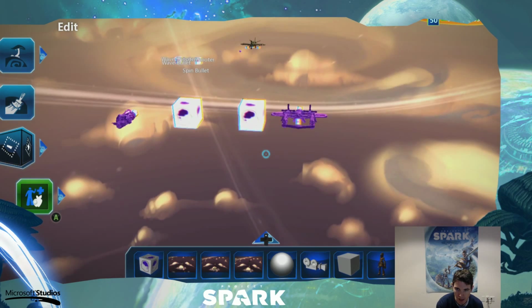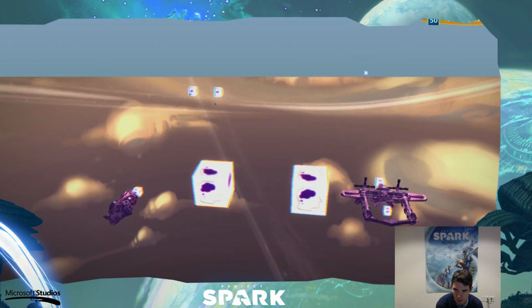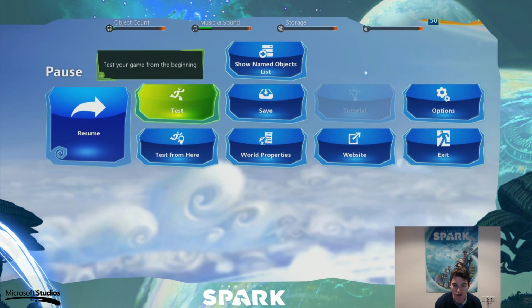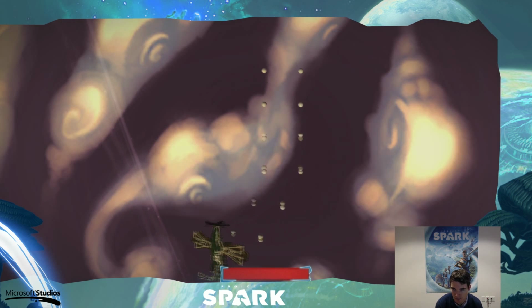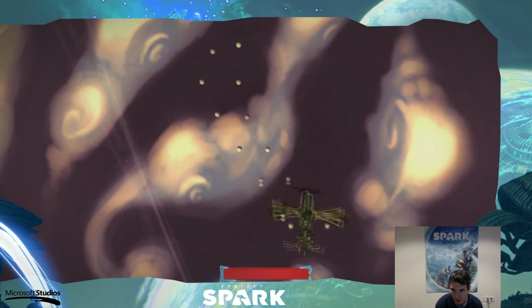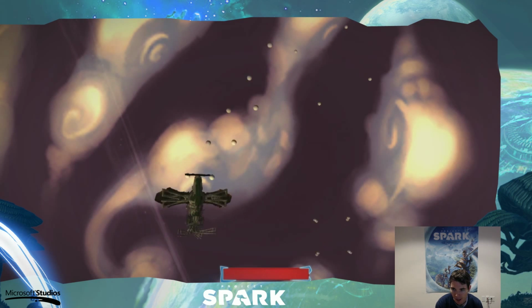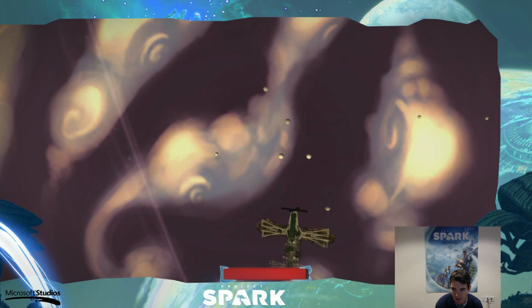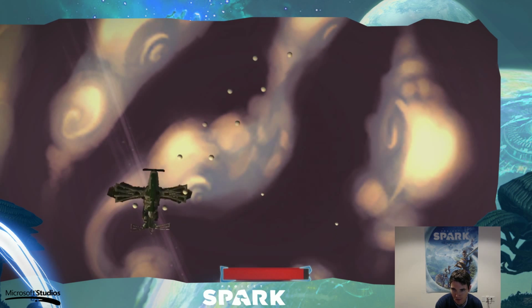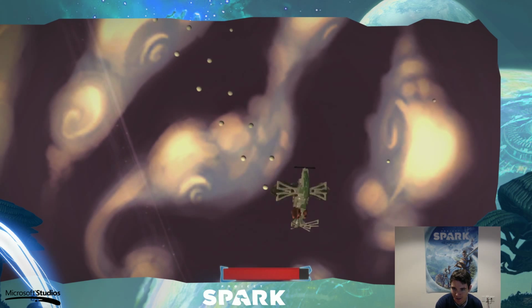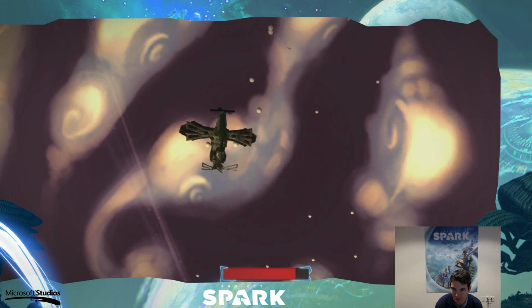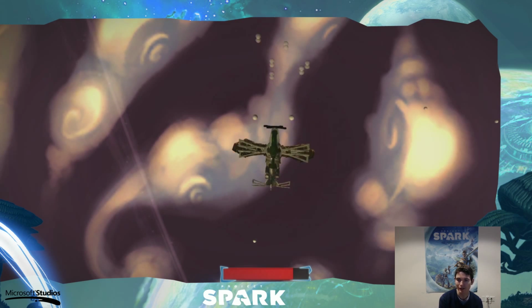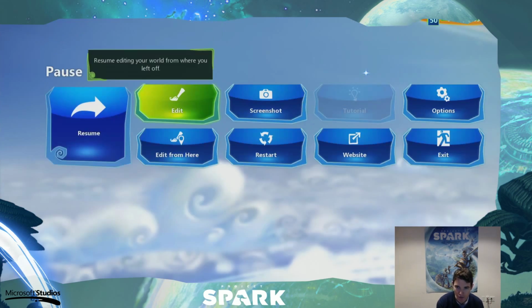Okay, and just like that, you would think you're done, but let's see an interesting issue that crops up when we're using complex objects like these. So let's go ahead and test. So I'm shooting, and suddenly these guys are just flying by me at super high speed. We don't remember any of this when we were testing earlier. This is super fast. So why is that? And the reason is because